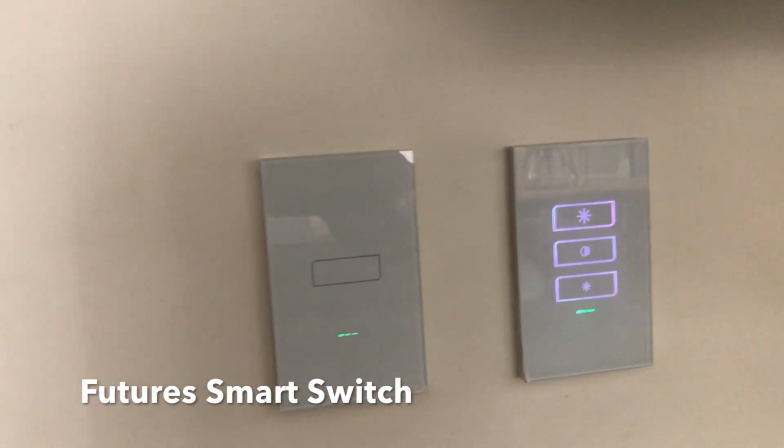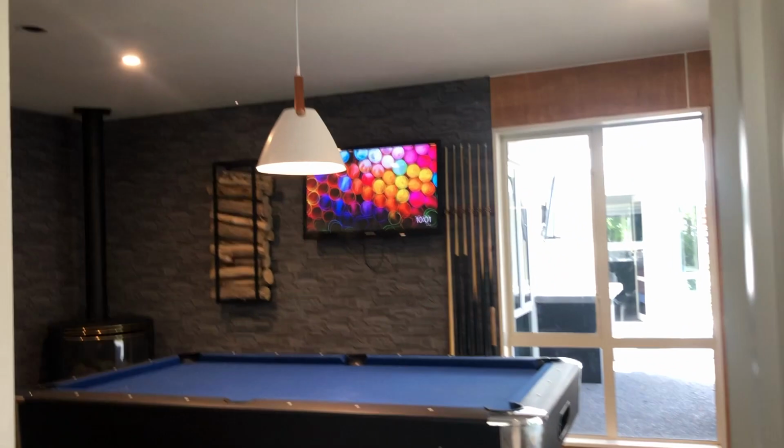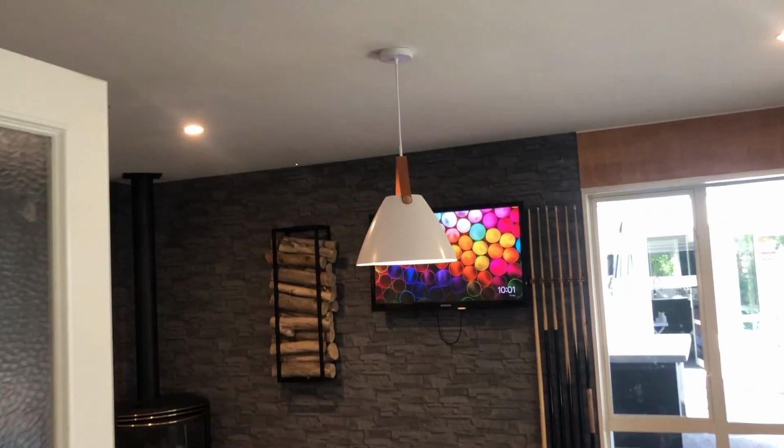So that's controlling a smart switch. Stay with me as I move to here. So this is a smart switch, and again you have another smart switch controlling the pool table light. So I will turn that on and off. Physical switch with voice and app control controlling the pool table and these 4 down lights, with the unique feature